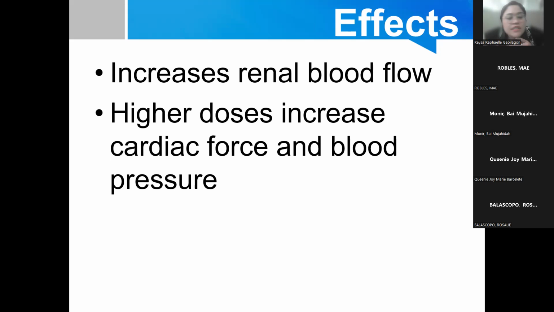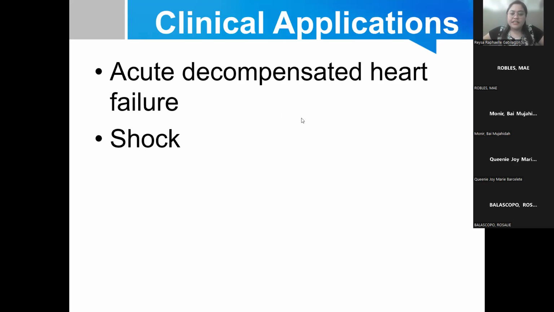Activation of the dopamine receptors in the kidneys can increase renal blood flow, aside from its effect on the cardiac contraction and the blood pressure. Okay? And just like our dobutamine, sa acute decompensated heart failure, ito ginagamit as well as sa mga shock, especially